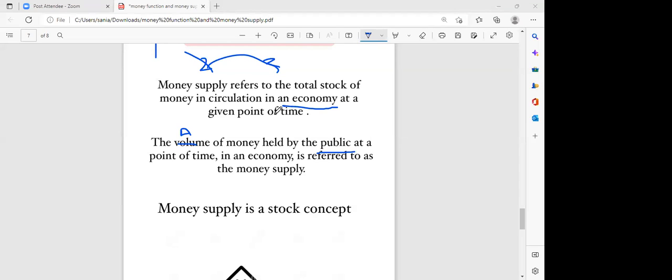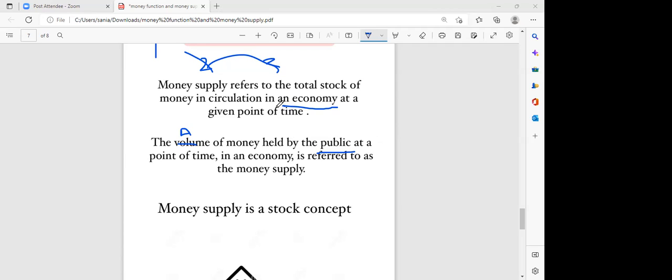No animals or non-living things are going to hold it. So if you want to mention public, you can mention it in the second. If you want to write this definition, that yes, I want to mention that money is being held by the public, and at a point of time everything is the same, but over here you have just mentioned that money is circulating, but here you have mentioned that money is held by the public, so this is the difference.